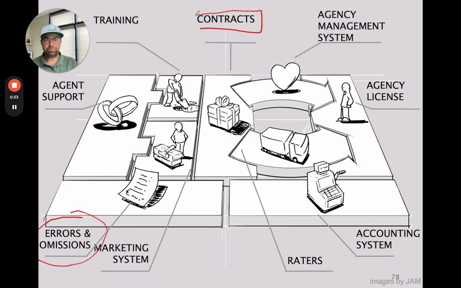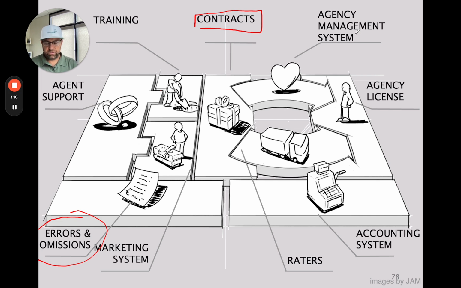to work with them. Now, errors and omissions is set up in a way that there are really two different ways to do it. You can either have an errors and omissions policy for you as an individual, or you can have one set up that's going to cover all of your agents that come into your agency. So we do offer a class on how to set up an agency, and we get a lot more in detail in this section. But I really want to focus right now on what it is and how do you get it? What are the questions that you need to answer to get it, and the process of doing